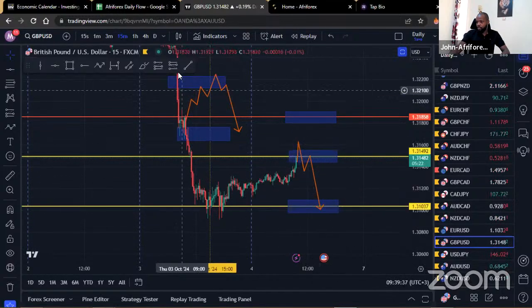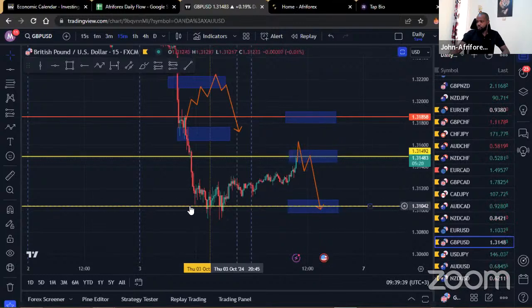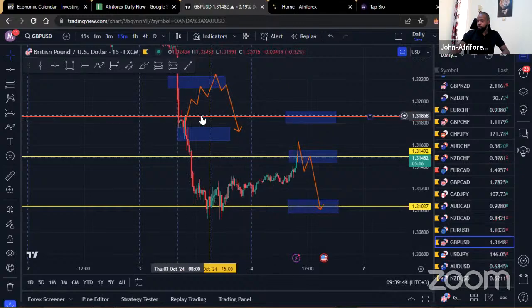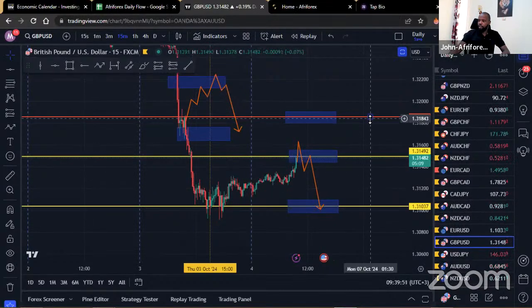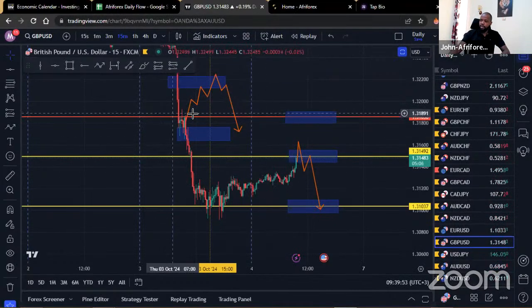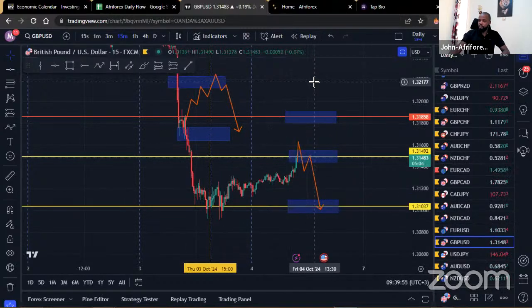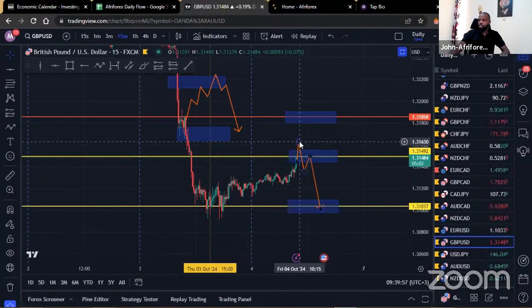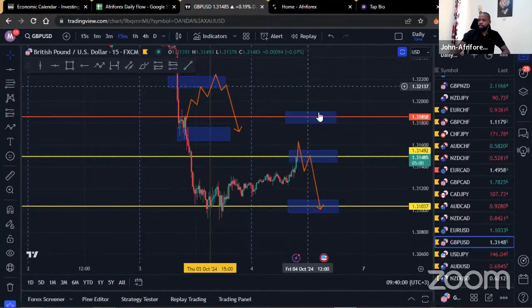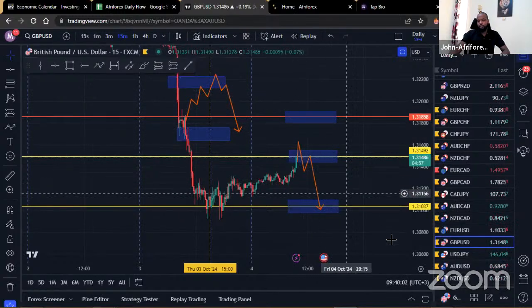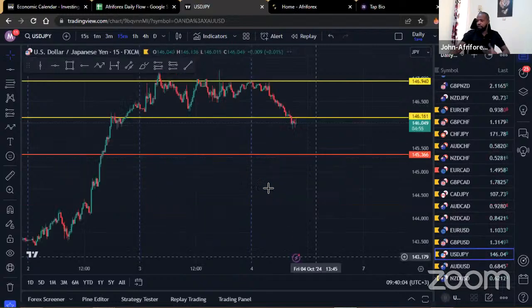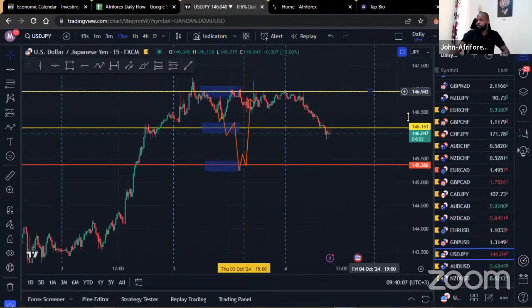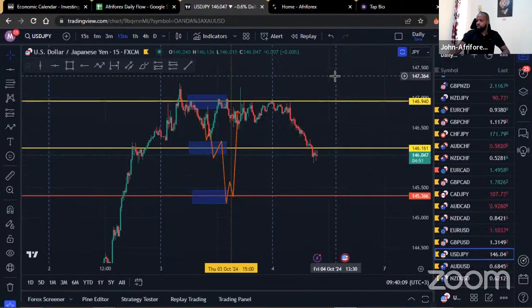In case we do get the turnaround, hopefully we could get some sales coming in to challenge this region right here. But remember that the last area we will be trying to watch out for sales is somewhere within here. You can see that the sellers pushed off this region to the downside quite aggressively. And the sellers who are now in control of the market are sitting somewhere within there. In case they're taken out, when the market breaks and holds above that region, then we'll just have to wait and see whether we can get the market coming back into the downside before we look for those sells. If not, then I guess that currency pair is off our case and we'll have to look for opportunities elsewhere.